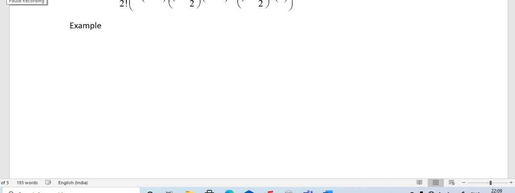All of you do the calculation part. Don't copy. Do each and every step by yourself. That means partial differentiation and substitution of a and b values. Then only you can understand. Simply writing is not useful.